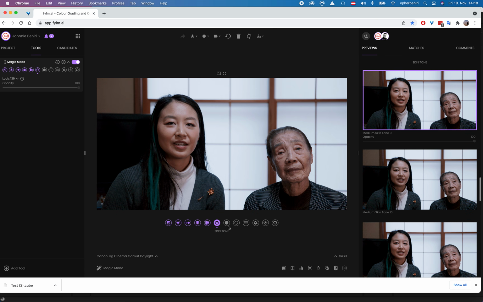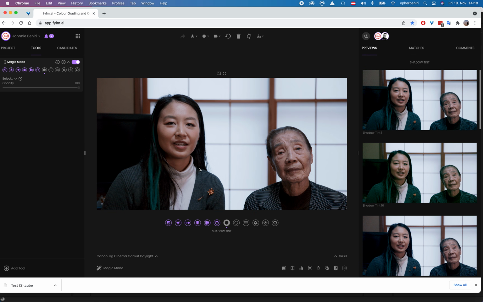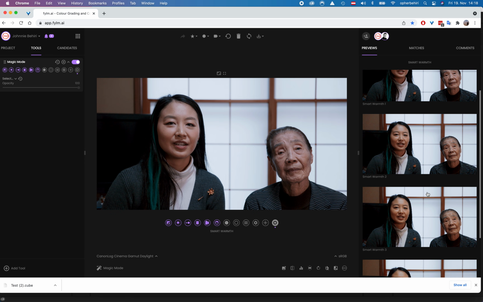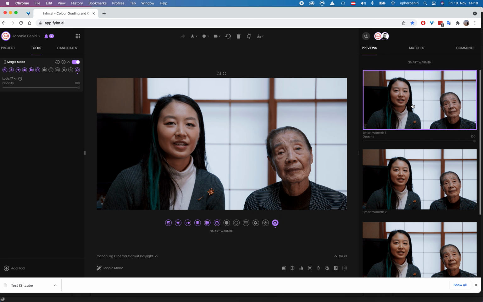Okay, this one. And then I can play with the shadows if I want, the tint and the highlights, and then the blue, the green, and the yellow. And at the end I can add some warmth. So let's presume that this is the LUT that I want to create. Just so that you can see the before, the actual Rec 709, and this is what I created here. So I can, of course, see the difference here. So that's what I created.